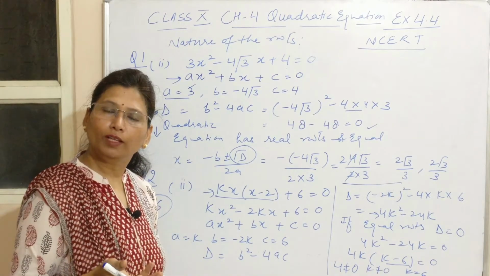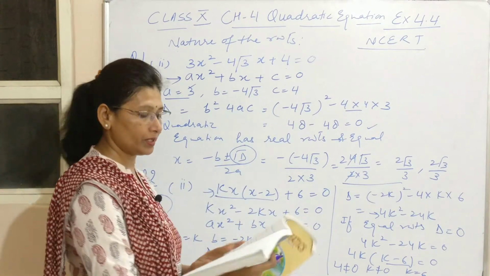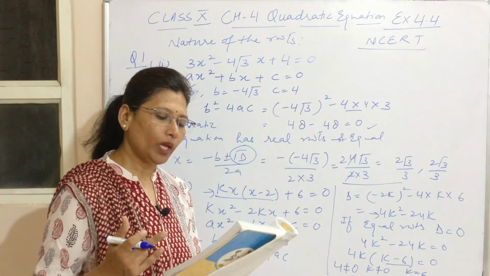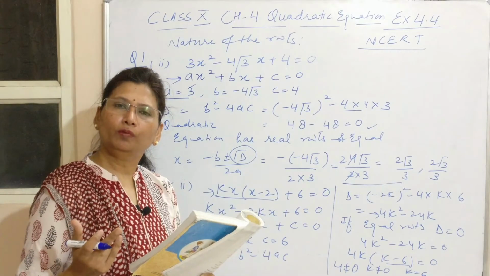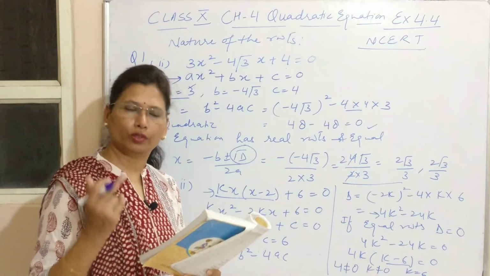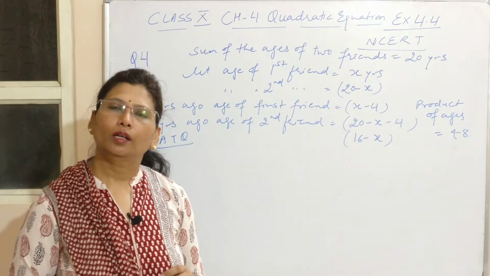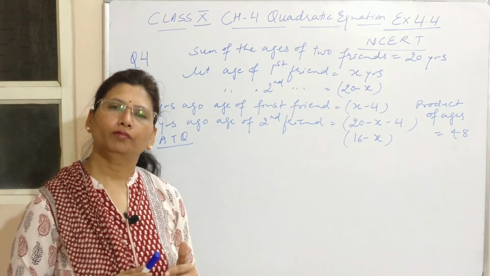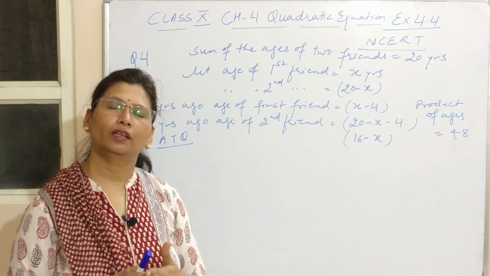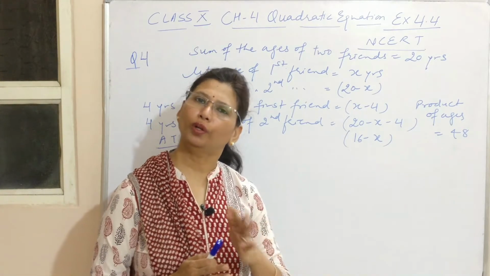So this way you can solve the other part also. Now, we have the other 3 questions. I'll be taking one of these, where we have been given a word problem. We'll convert the word problem in the form of an equation and we'll test whether the roots exist or not. So in continuation, I'm taking the 4th question. Here we'll convert the word problem into an equation, then find the discriminant, and if the discriminant is greater than or equal to 0, then the roots will exist, otherwise roots will not exist.